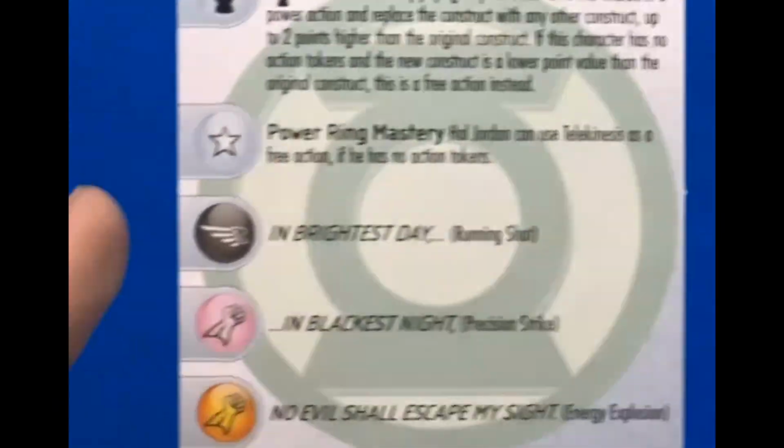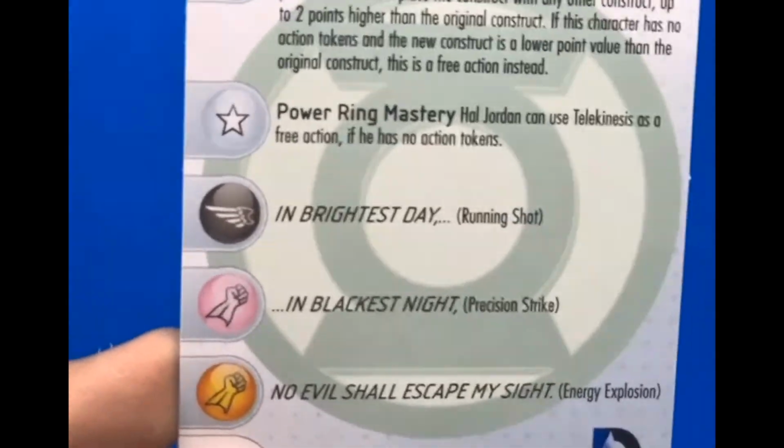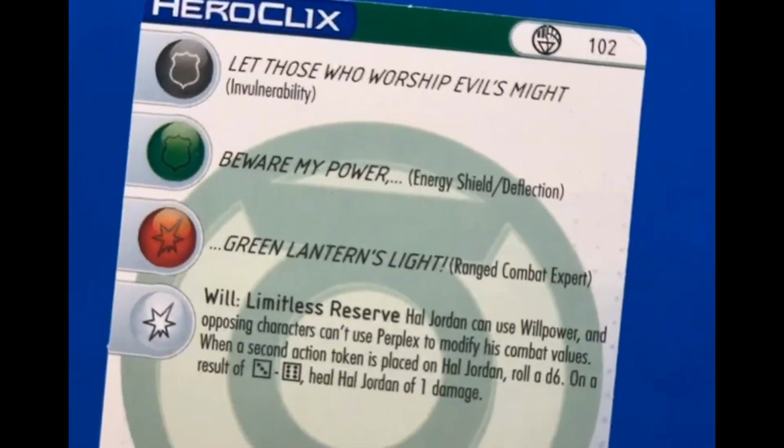Beyond that, we can see all of his powers are actually based on the Green Lantern Corps motto. I love to see that. In brightest day and blackest night, no evil shall escape my sight. Let those who worship evil's might beware my power, Green Lantern's light. Just kind of classic. Love it. And we can see he has the...